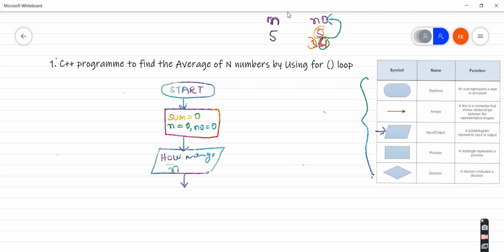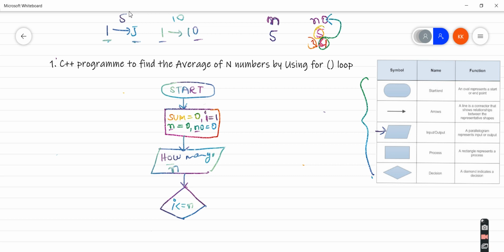I have declared a variable called n, and a variable called number, and here I will declare a variable called I. I for what? If the user has entered 5 numbers, then I need to go 1 to 5. If the user has entered 10, then I need to go from 1 to 10, right? So here I am going to test the condition: if I value is less than or equal to n, which basically means I need to go from 1 to 5, 1 to 10. I is equal to 1.